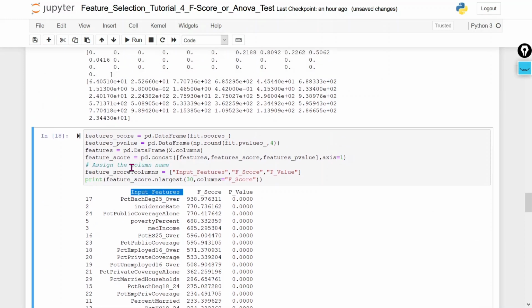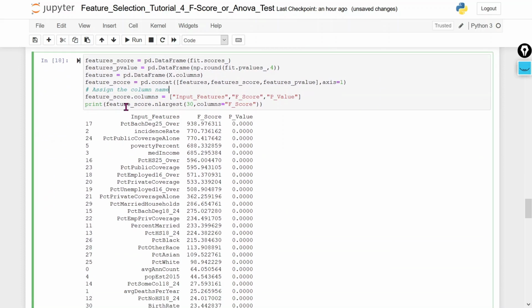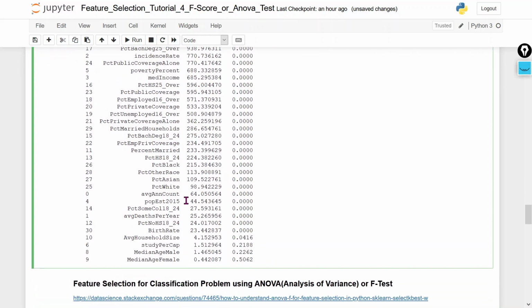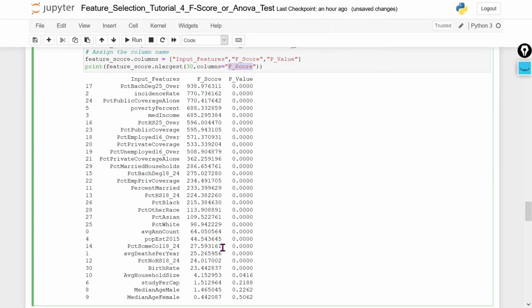Input feature is your x columns, this is your F score and this is your p value. So I used a data frame and then I used nlargest. This will show the F score in descending order. Here I selected k equal to 30, but you can select according to your understanding.